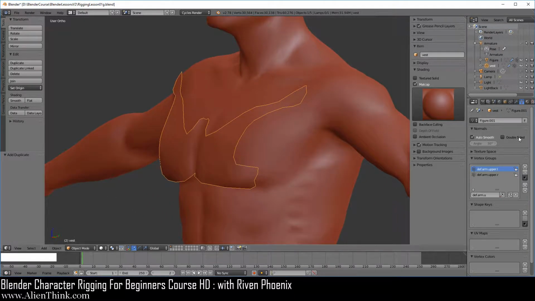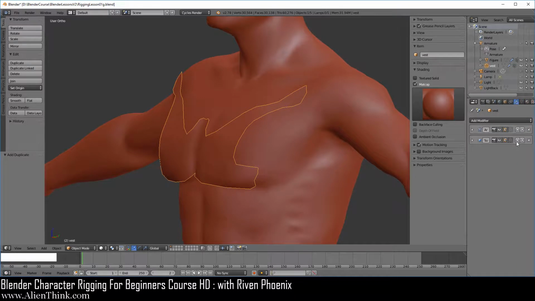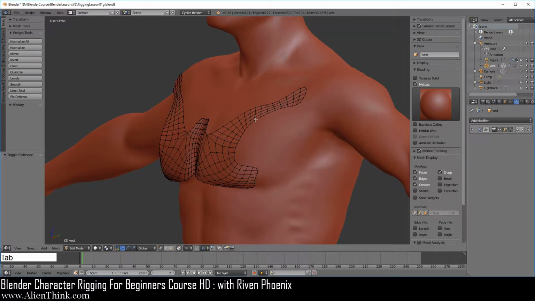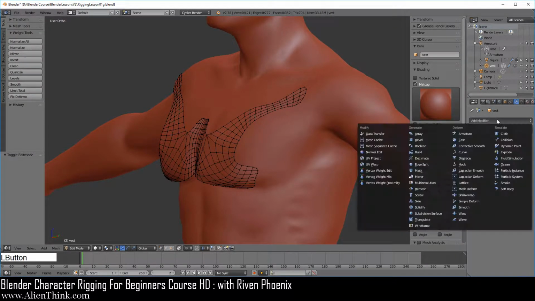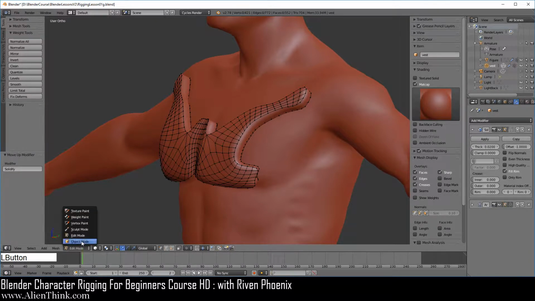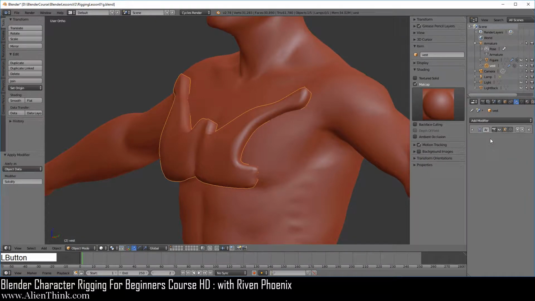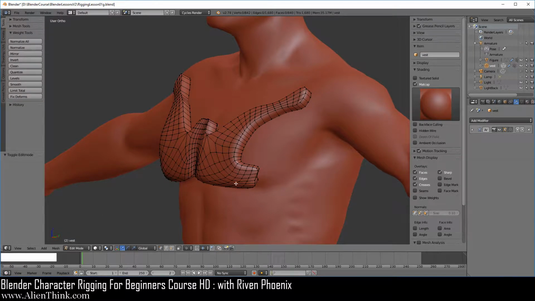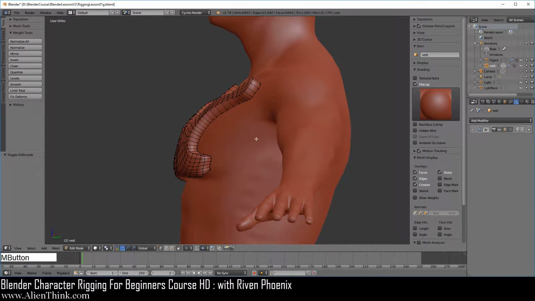Okay, so what we're going to do now is go to the modifiers tab, move up the subdivision modifier, increase this, and then click on apply. When you do the tab key, you'll get more vertices. Let's give it some thickness. Go to the modifiers tab and click on solidify, and just add a bit of thickness over here. Go ahead and move this above the armature, switch to object mode, and go ahead and click on apply. Now when you switch to edit mode, you'll see that this is a separate object from the figure.